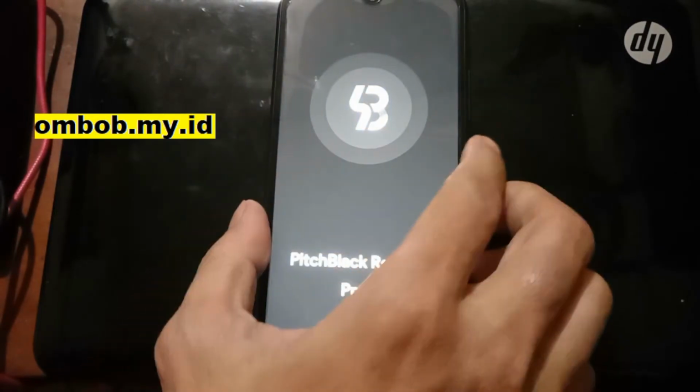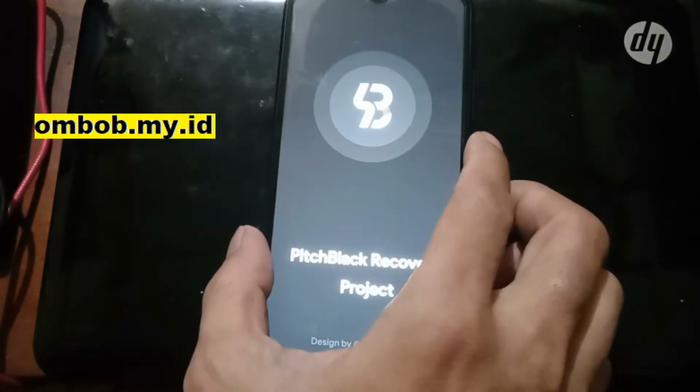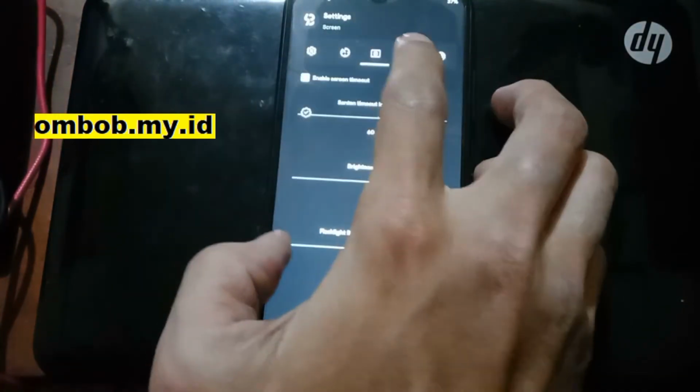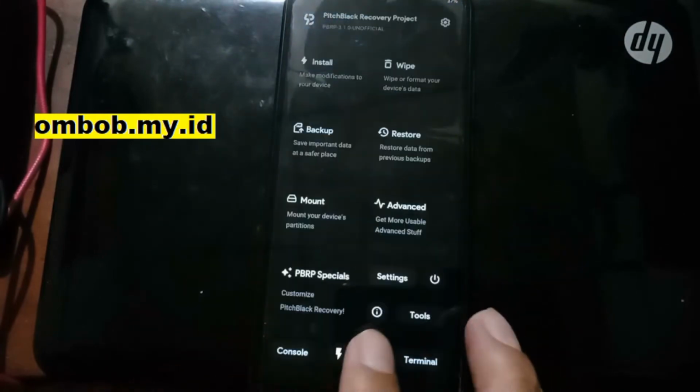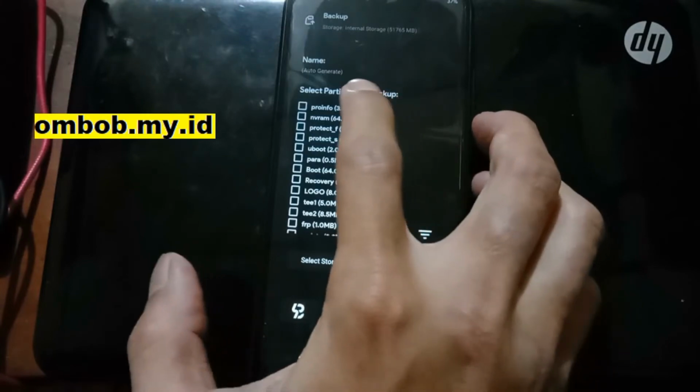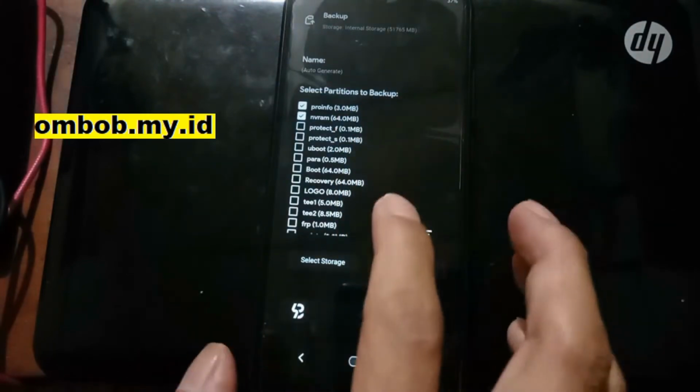And it's always a good idea to backup some files that are needed, especially the EFS and baseband, because if there's something wrong, you can always restore the file. Okay, now let's go to the backup menu. Okay, let's change the brightness. Reset the brightness, and select backup. We want to backup the ProInfo and